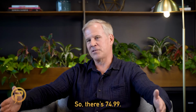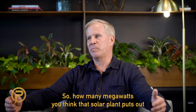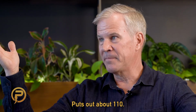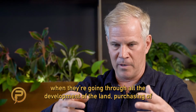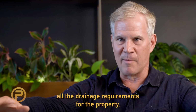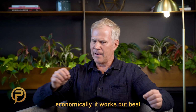So they're 74.99. So how many megawatts do you think that solar plant puts out when the sun is right up above it on the perfect day? 74.99? No, it puts out about 110. And they do that because economically, when they're going through all the development of the land, purchasing of the land, the infrastructure, all the drainage requirements for the property, actually installing all the solar panels and everything, economically it works out best